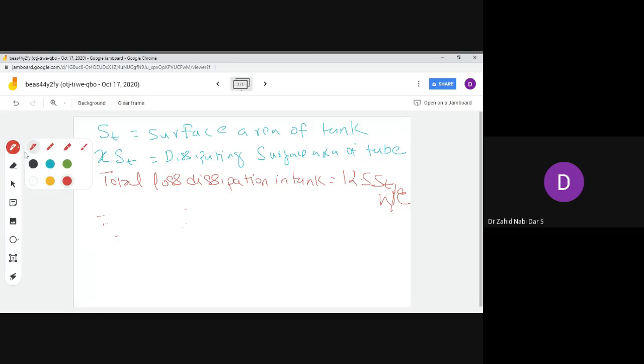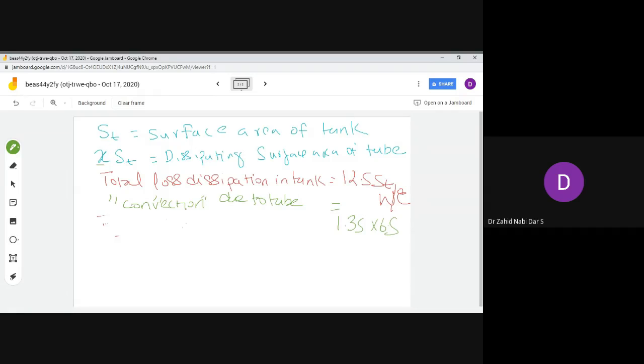In the tube there is only one thing: the loss dissipation in the tube is due to convection. So the convection loss is 6.5, but it is getting improved by 135%. So we can safely write it is 1.35 into 6.5, and the surface area of the tube,